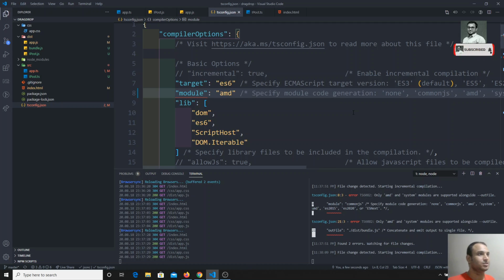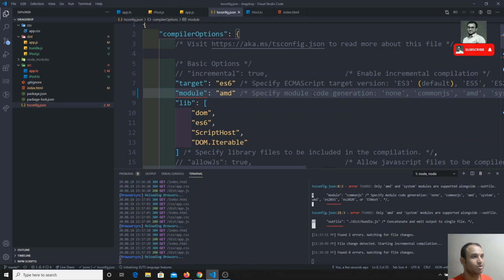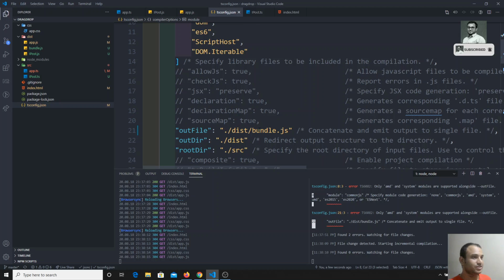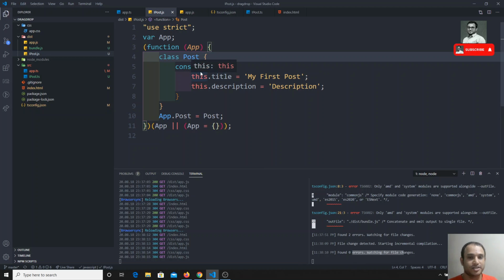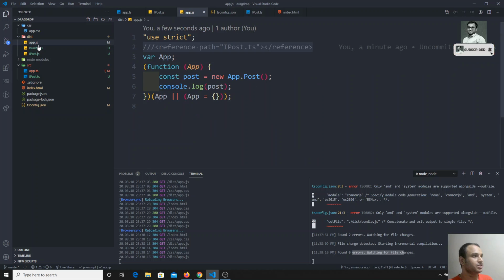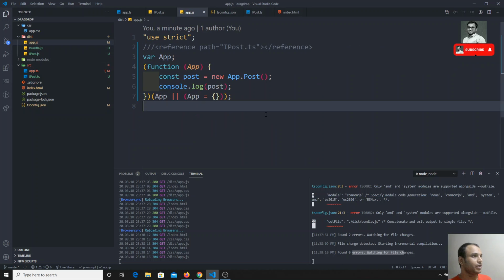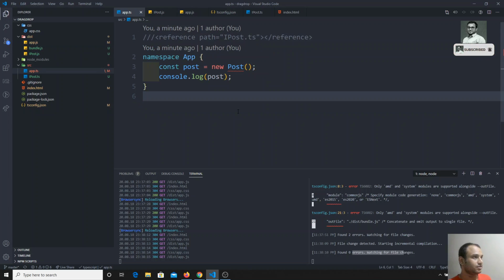This is outside the concept, so we can use this module code generation. This code generation will be using AMD. Now when we change this one, we didn't get any errors. Now we'll check this ipost.js. Now if you go to app.js, one second,